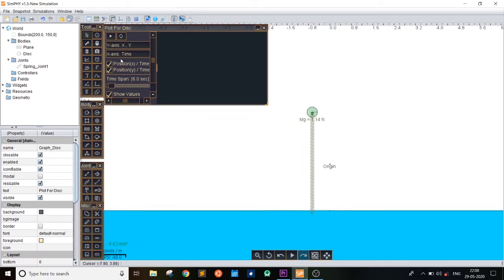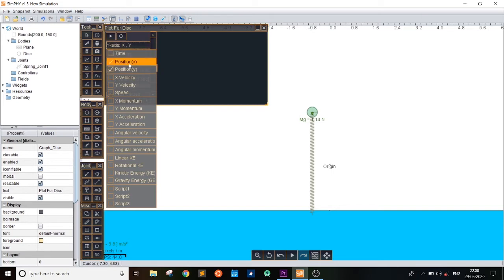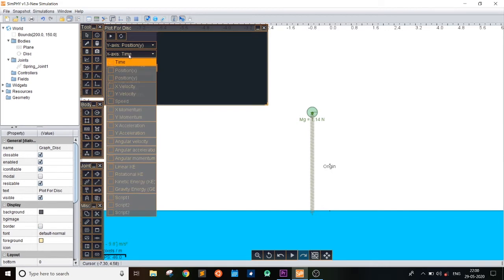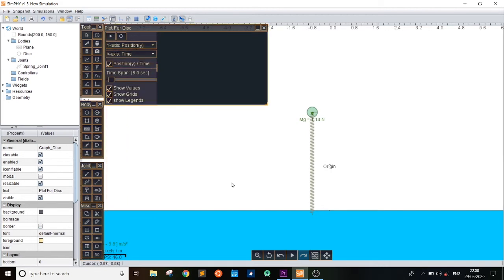Now there are two options here, the y-axis and the x-axis. The first option basically allows us to select the property of the motion that should be plotted on the y-axis. So let's choose position y only, and we choose the time on the x-axis, and then just take the motion.